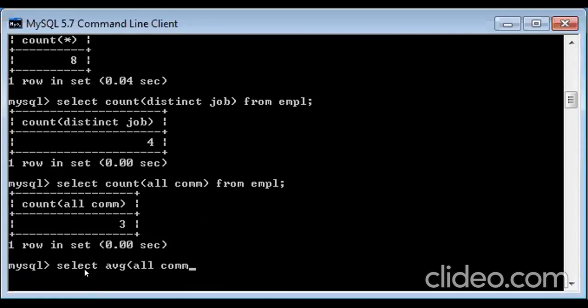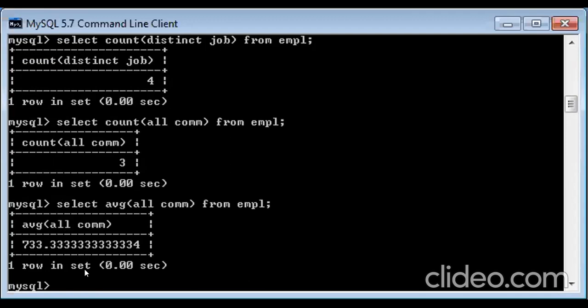Okay, COMM we want. But anyway, what is the meaning of null value, dear? No ma'am, if it discards null values, then it won't count that many numbers, right? Count counted 3, and if it includes null values, then it would be plus 0 and divided by a larger number, right? So the average would change. Let us just see then.